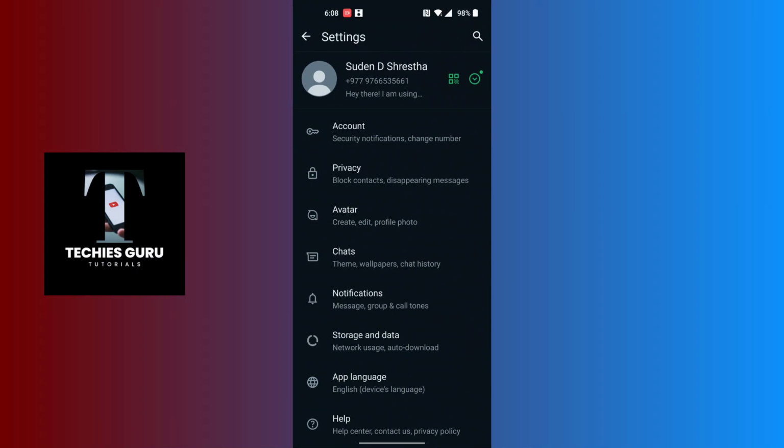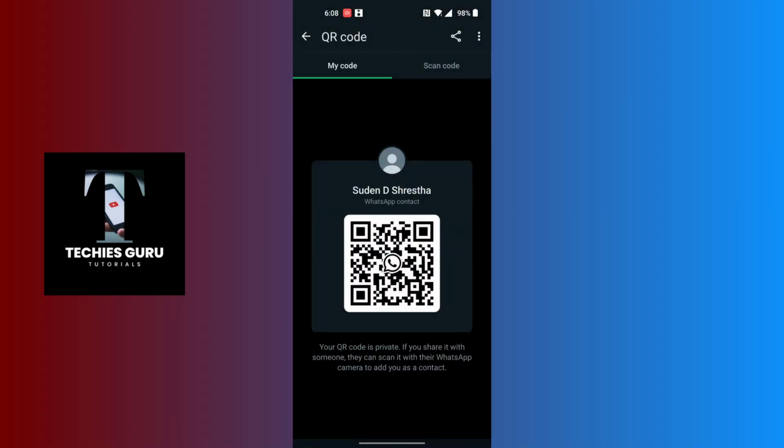And on this interface, guys, at the top of the screen you can see your name and your contact number over here, and at the right side you can see the QR code icon just beside the drop down arrow. Tap on the QR code icon, and over here on this interface you will get your QR code. Now in order to share it, you can screenshot your QR code, or you can just share by tapping on